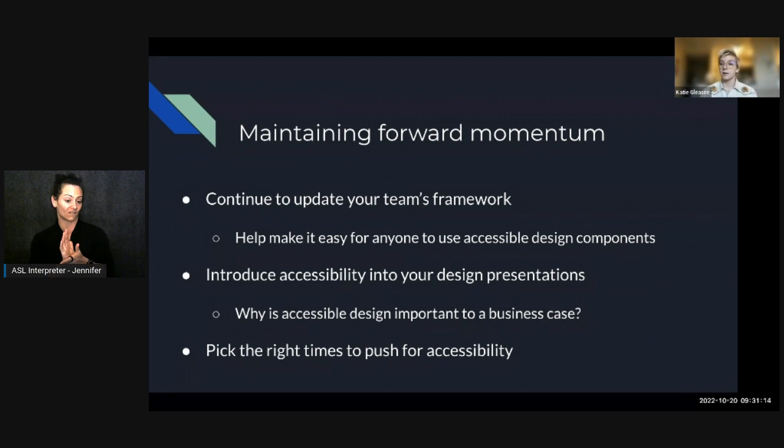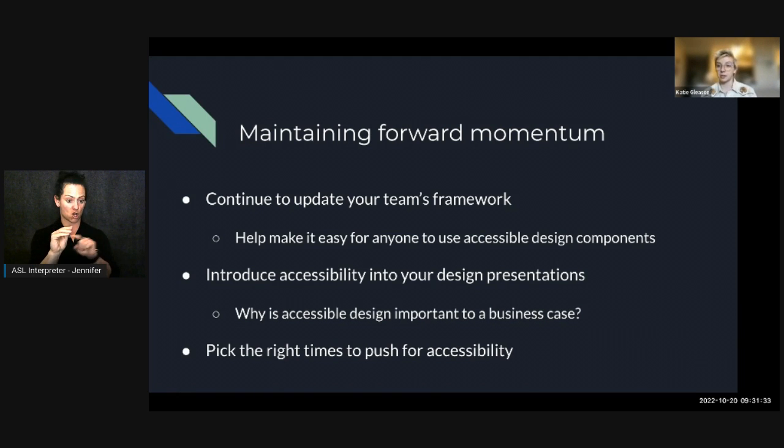And you're like, okay, how are we going to address this accessibility wise? So, by maintaining that framework and that documentation, you make it really easy for anybody to use accessible design components and make sure things are done correctly the first time.